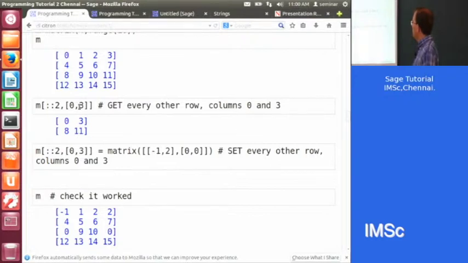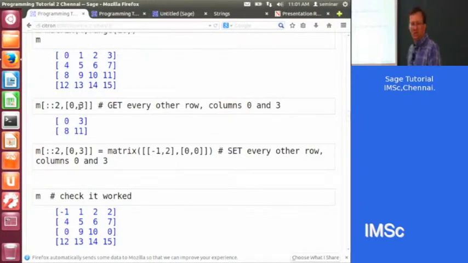Now, I'm going to do the same thing, but I'm going to use the equal sign to set those spots to -1, 2, 0, and 0. Let's see if it worked. 0 became, everybody? Yes, -1. You guys, come on, let's go. 3 became 2, yeah? And then there are the 2 extra zeros. Okay, so the point is that I can do a lot of very powerful things with matrices by using the